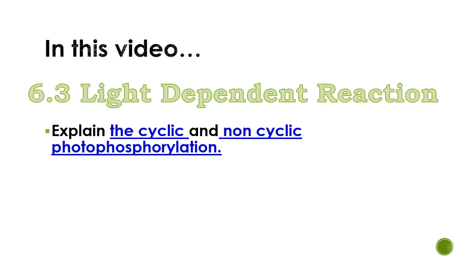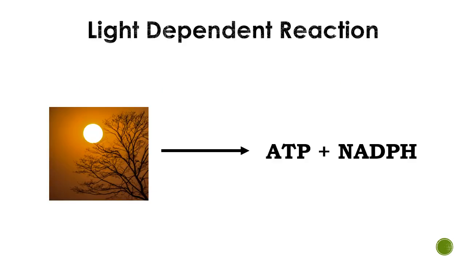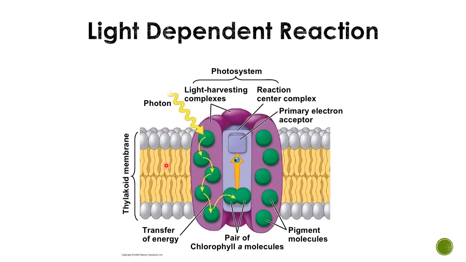So in this video, I will look at the light-dependent reaction first, where I will explain the cyclic and non-cyclic photophosphorylation. In general, the light-dependent reaction uses light energy, mainly from the sun, to produce ATP and NADPH. Similar to NADH in cellular respiration, NADPH is also an electron carrier. The light-dependent reaction occurs in the thylakoid membrane,